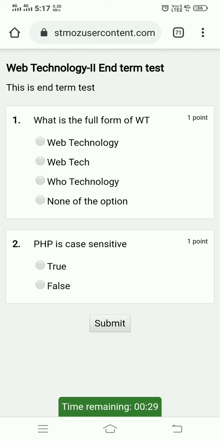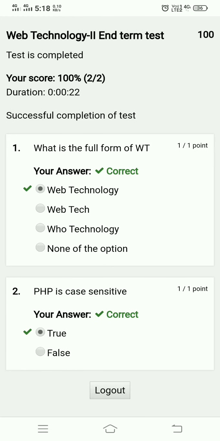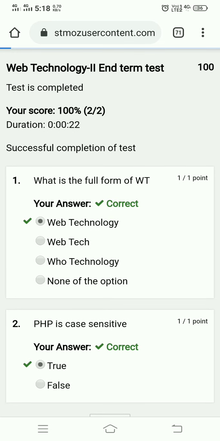So the student can click over here, then click over here, then time remaining, it shows the marks for each question, and then click on the submit button. So it will show the message that the test is completed, then your score is 100%, that is 2 out of 2, and after that successful completion of the test, the student can log out.